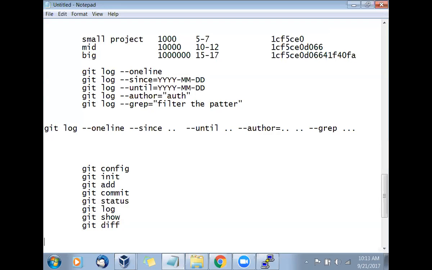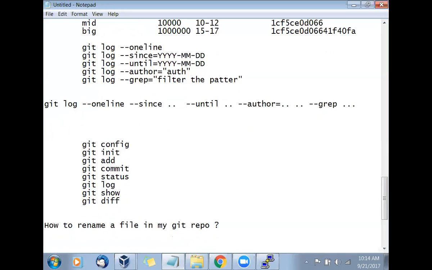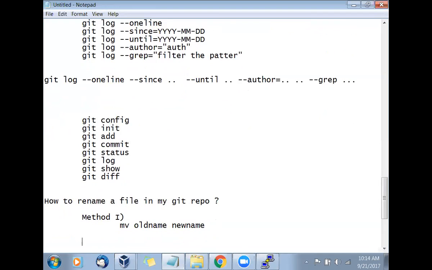Okay, let's go one step further. Now, how do I rename a file in Git? There are two methods. Method 1 is the OS-level method: you will say mv old name new name, and then git add, and then git commit.